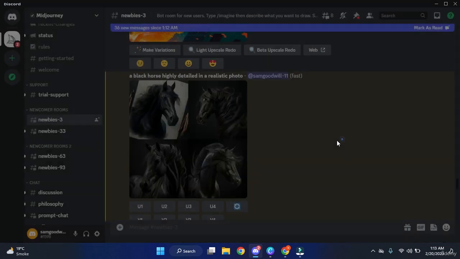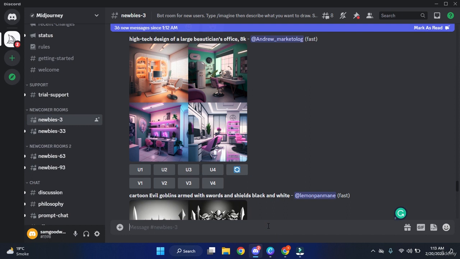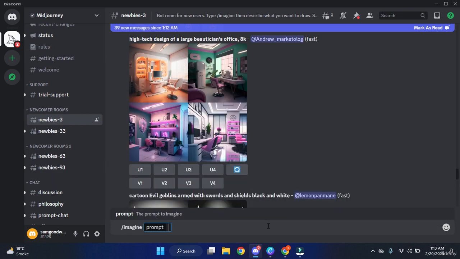And now let's move on with some more stuff right in here, like Spider-Man. Oops, I forgot to initialize my tag, which is imagine, and in here, a Spider-Man standing on the river, highly detailed pencil art